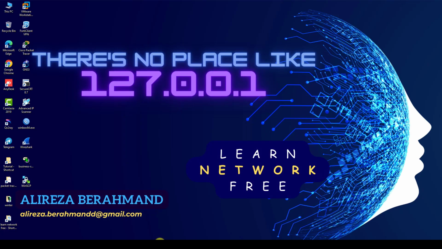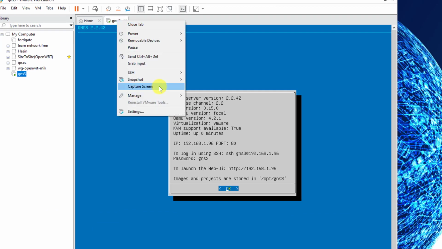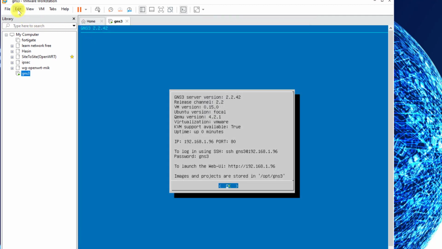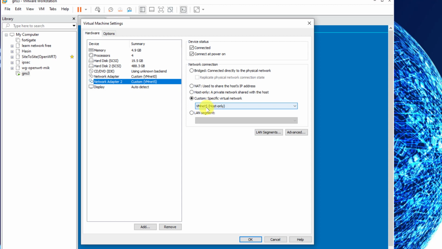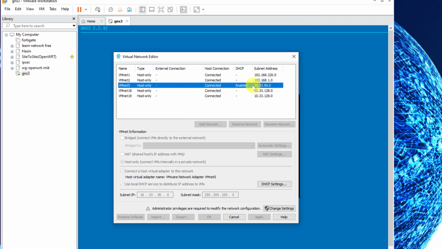Let me minimize these. Open the VMware workstation. This GNS3 is the virtual machine we are working. Setting network adapter. The first network adapter is 0, which is connected to the internet. We don't have to do with this one. We need this one, network adapter 2, the second one, VMnet 5, which is defined in our VMware workstation host only. Let me show you. Look, this is host only, VMnet 5, and the network is